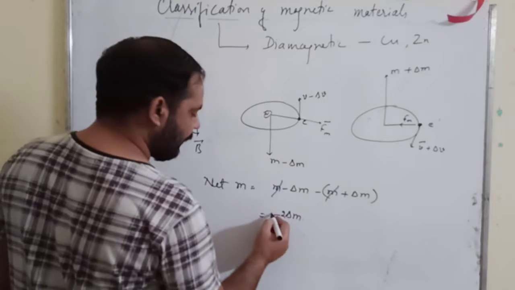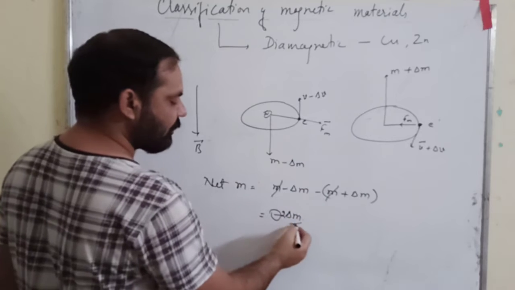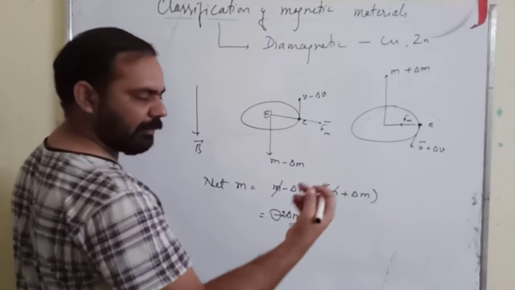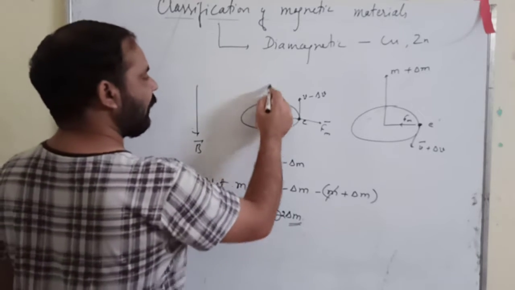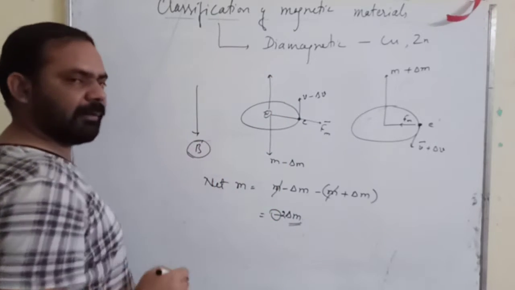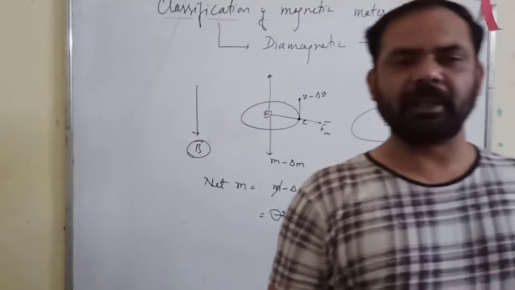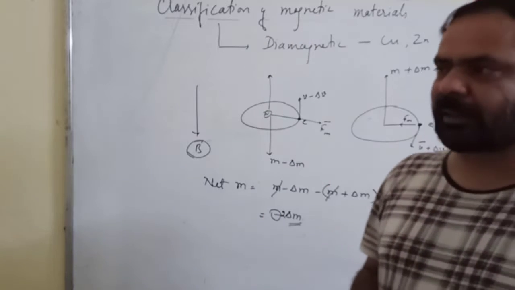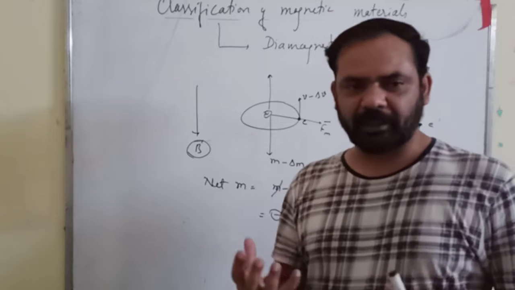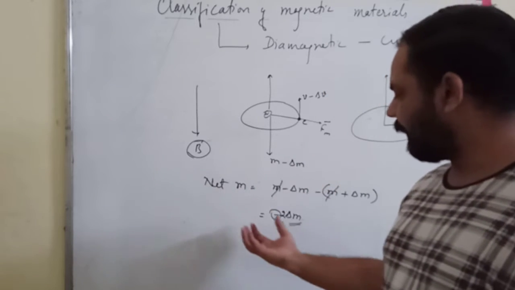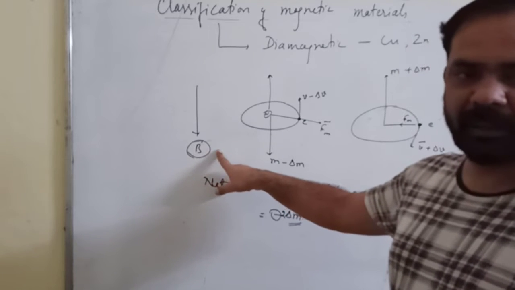What this minus sign indicates: how much dipole moment the pair of electrons will develop is twice the delta m, a very small value. But this negative sign indicates that the dipole moment will be developed opposite to the direction of the magnetic field. Okay, so what is the property of diamagnetic materials? When they are placed inside an external magnetic field, they feebly get magnetized. Feebly means weakly. A very weak magnetization takes place in a direction opposite to the direction of the magnetizing field.